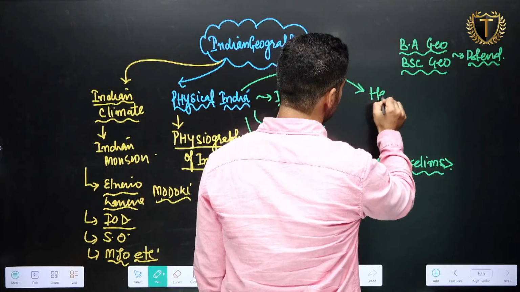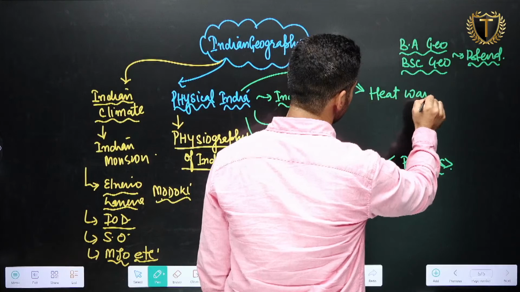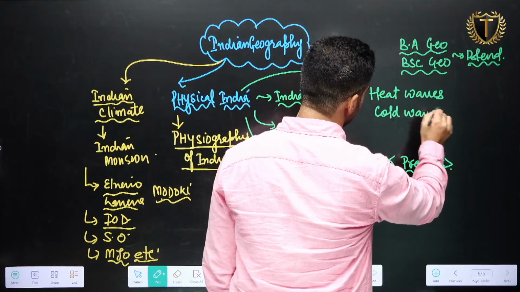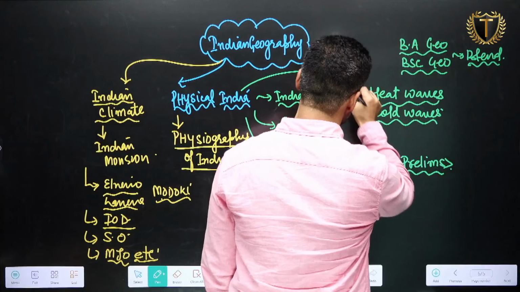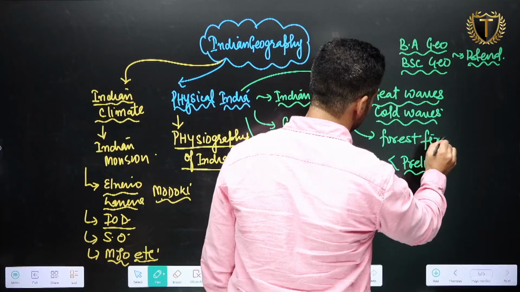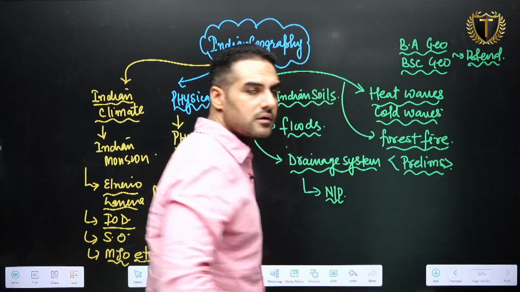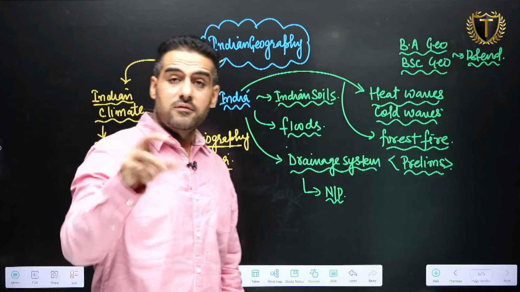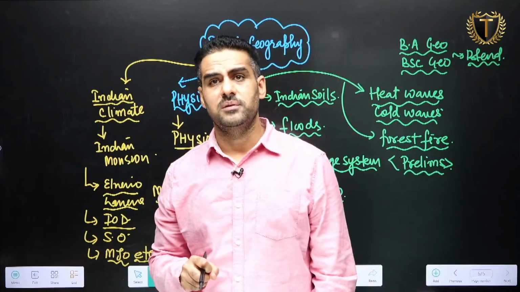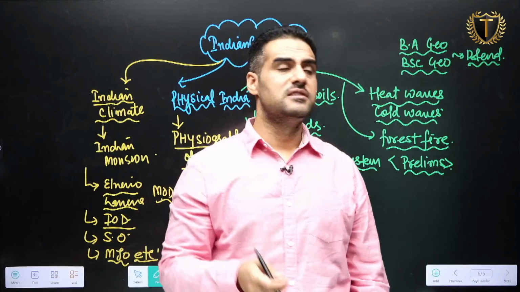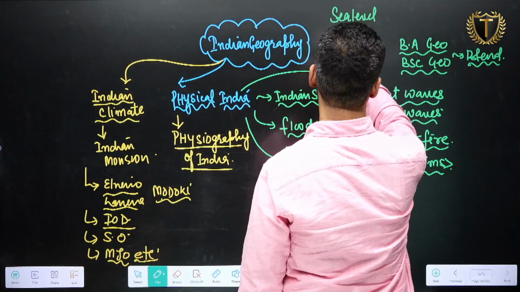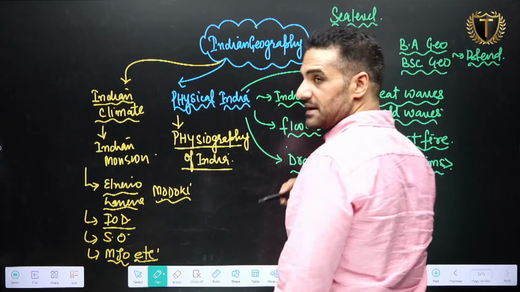You have some topics which are of disaster management, heat waves, cold waves, etc. इसमें एक और आता है फॉरेस्ट फायर. In world geography we will discuss one more thing here. We will discuss about sea level change. वो भी एक क्लाइमेट चेंज का ही पार्ट है. जैसे मैंने कहा था, इम्पैक्ट ऑफ क्लाइमेट चेंज ऑन हाइड्रोस्फीयर. इज इट क्लियर?